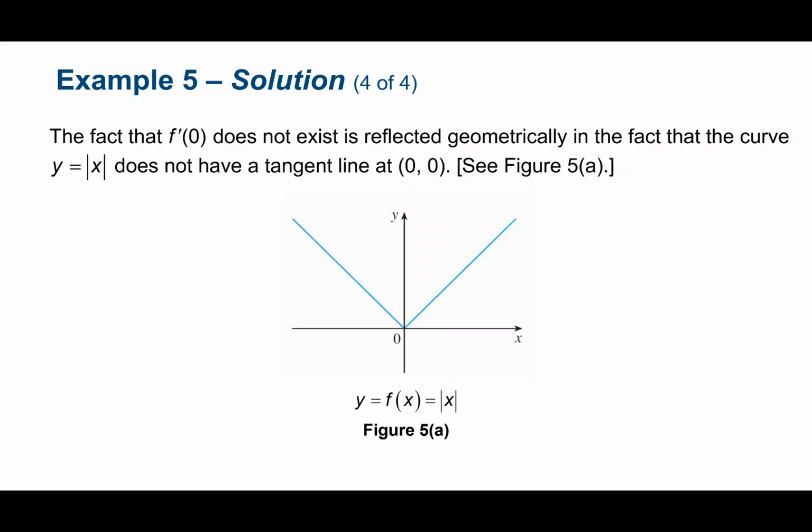So having a corner on the graph like that, if it was curved, if it was rounded off, we would be fine. But because of that corner, at the x value where the corner occurs, our derivative does not exist, so our function is not differentiable. So that's one of a few things that can cause a function to not be differentiable.